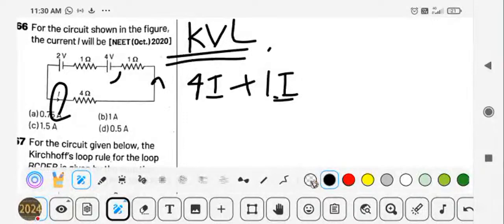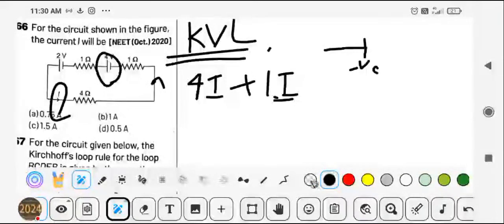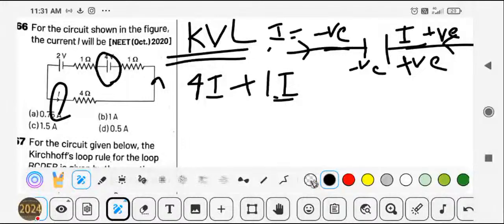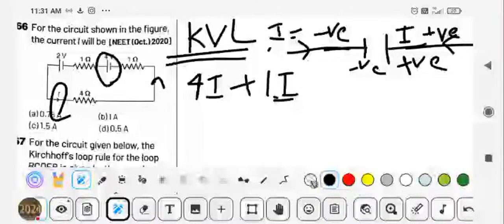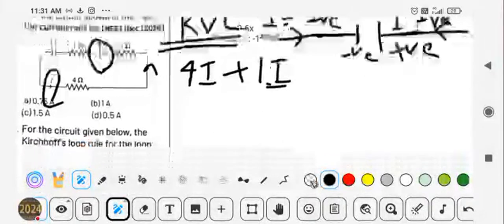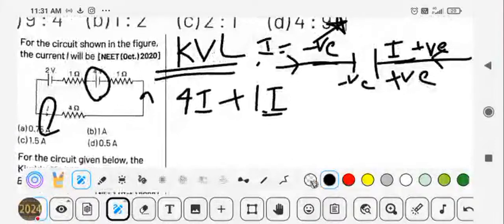Again, see in the EMF there are cells. This denotes a negative load, this denotes a positive. If current is flowing in this direction, then I can be written in a positive way. If the current is flowing from this direction, then I can be written as negative. In this case the current is flowing from the left side, in this way. So we can write this as a negative value of the